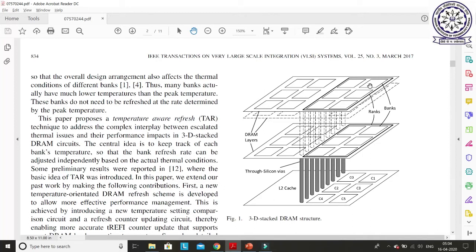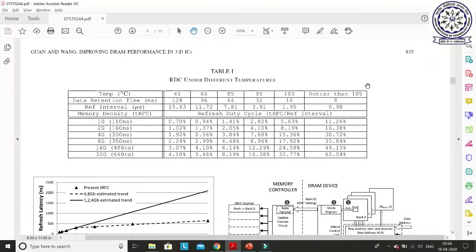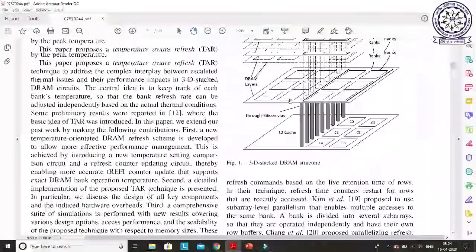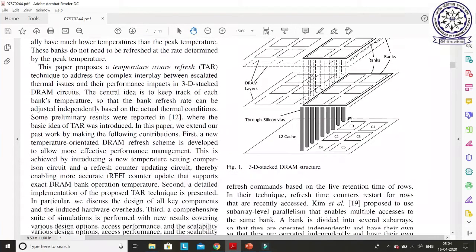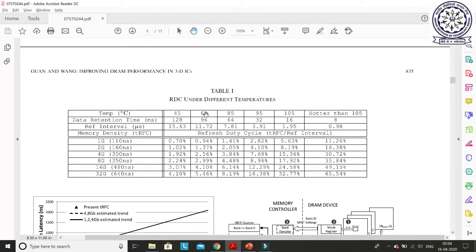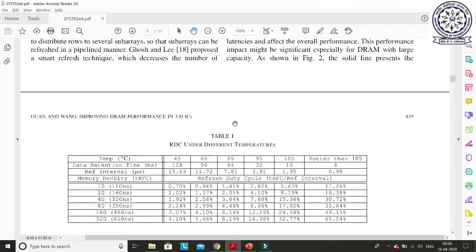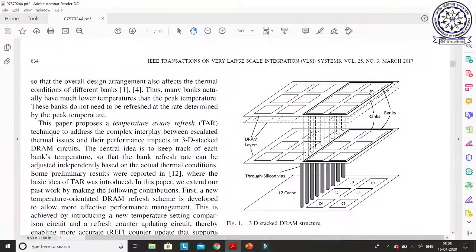So in this case, in a normal, original DRAM, what will happen is that it will go for the worst-case retention time. In the case of 105 degrees, what is the retention time? 16 milliseconds. The retention time should be 16 milliseconds. But if you observe, this 16 milliseconds is only required for this bank. For the other banks, 64 milliseconds is enough, because all of these are operating between 60 and 80 degrees. So for all other banks, a 64 millisecond retention time is enough, but only one bank is at 105, so it should be 16.